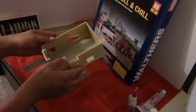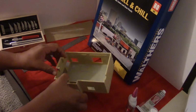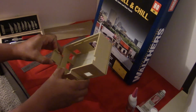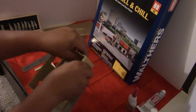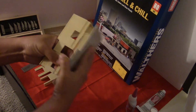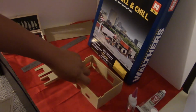Again, the base is on, but it's not glued down, so I'm going to pop the building off the base, just so we can do the walls here. Okay, so